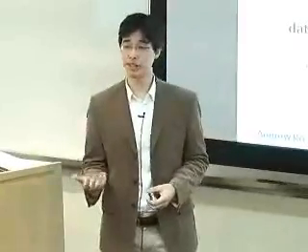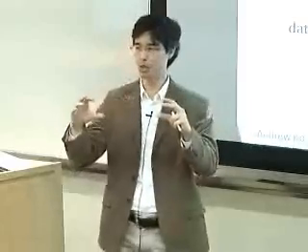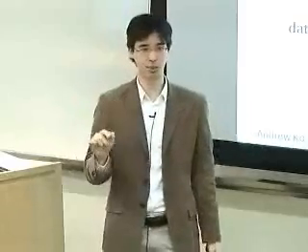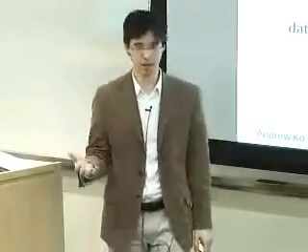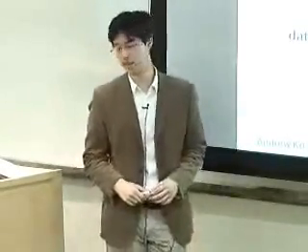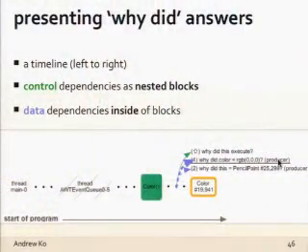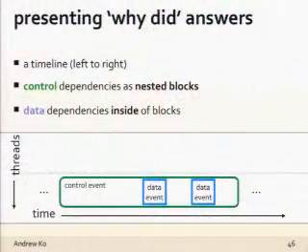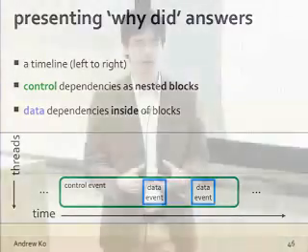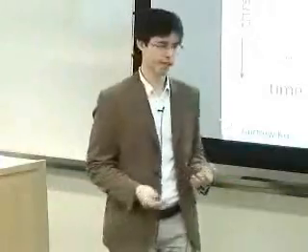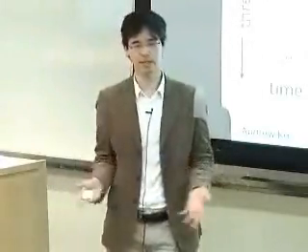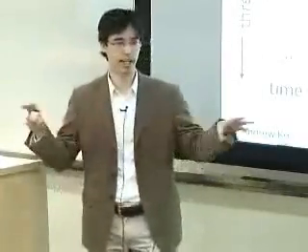And the data dependencies are essentially what we saw in the timeline visualization with those follow-up questions. So when somebody clicks on one of those blue arrows, they're incrementally building part of that slice. They're basically traveling back and looking at those data dependencies in time. And then to present them, the structure is basically those control events contain data events and other control events as well. So this particular user interface, I don't have time to talk about too much, but it makes it very flexible to navigate and grow that answer over time.